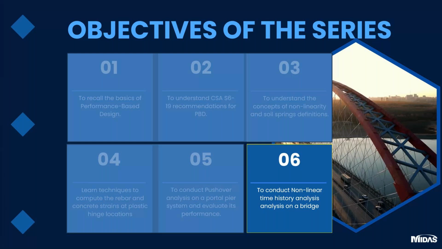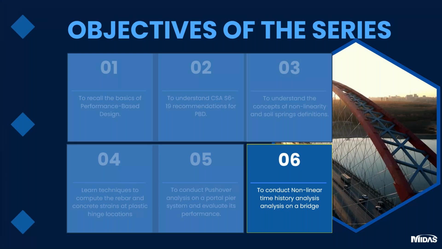We have covered parts one through part five. In part one, we focused on the general basics for performance-based design, including the details for the CSA S619 code and how the recommendations and parameters are included with this. And then for part two, we started to go into understanding the concepts for nonlinear and soil spring definitions,